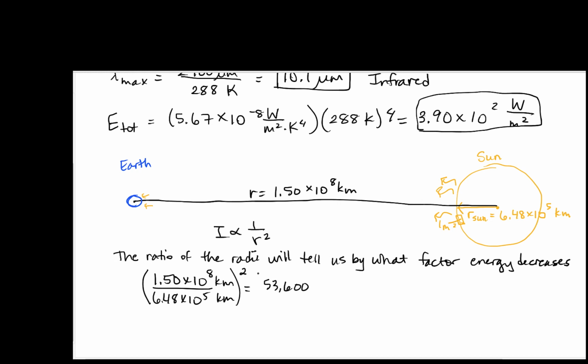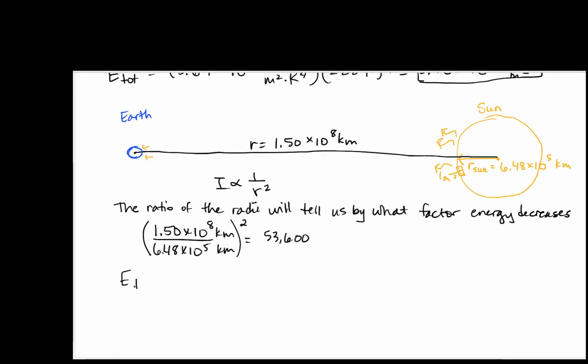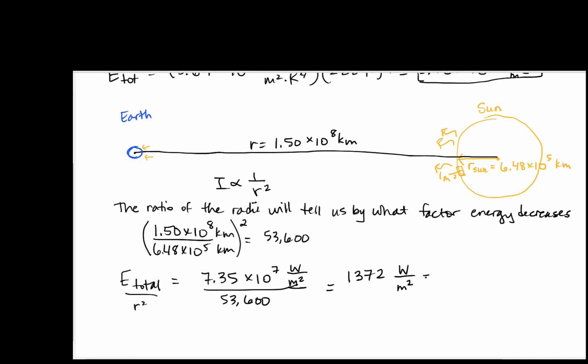All right, so the total energy from the sun was 7.35 times 10 to the 7th watts per meter squared, divided by r squared, divided by 53,600, will get us 1372 watts per meter squared. And this is something called the solar constant. And we use another Greek letter. This is the Greek letter capital omega